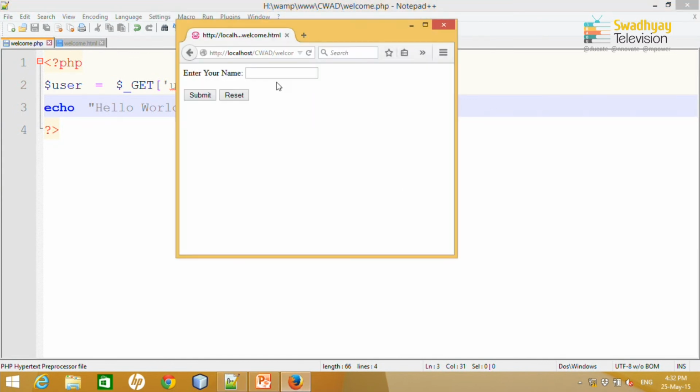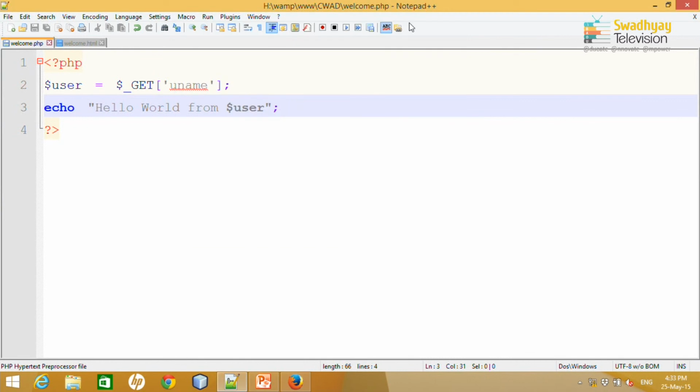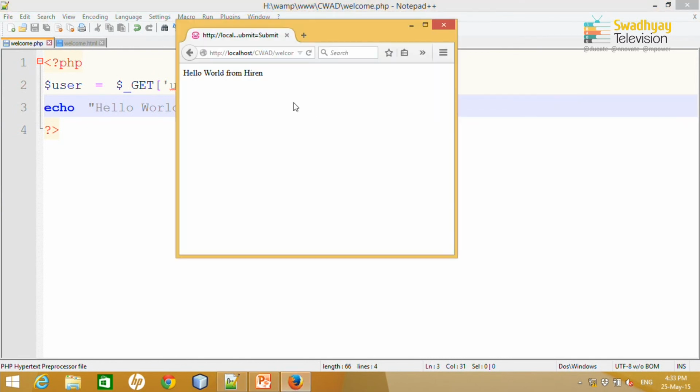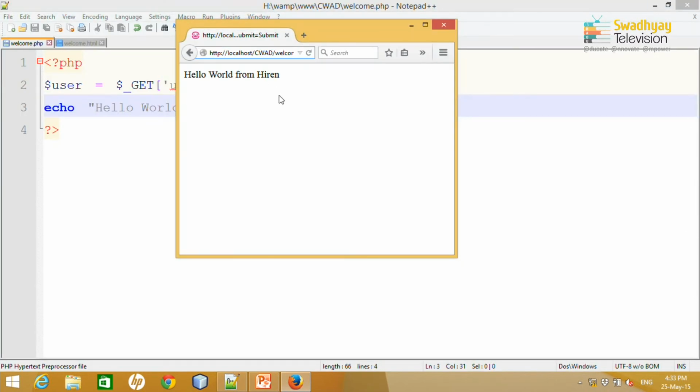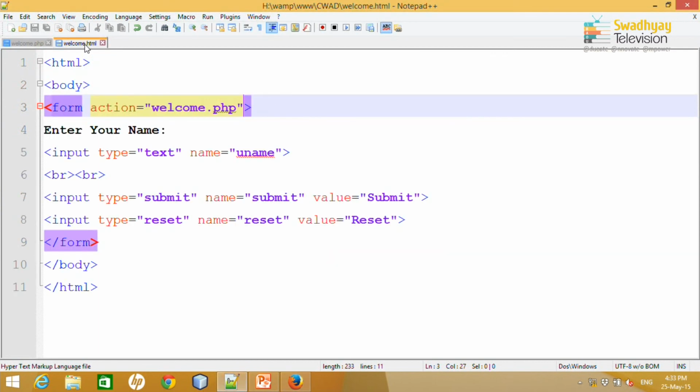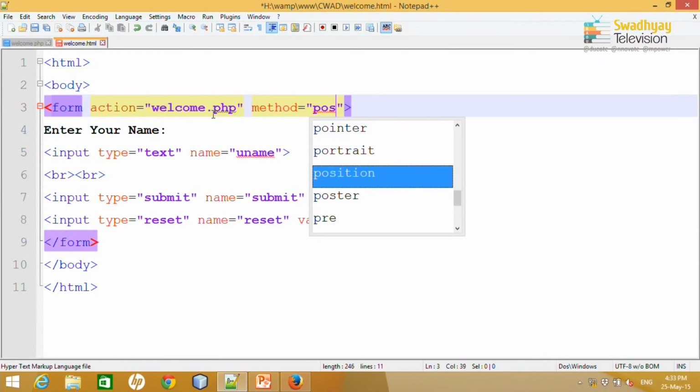Now, let us run this. Let us say I type my name Hiren and submit. It will display "Hello world from Hiren". So, here I use the GET method. Look here, as I use GET, the URL displays uname equal to Hiren and submit equal to submit appended in the URL, because I defined the value for the submit button as submit. If I use the POST method here, because I did not specify, by default the method is GET. If I type here post,